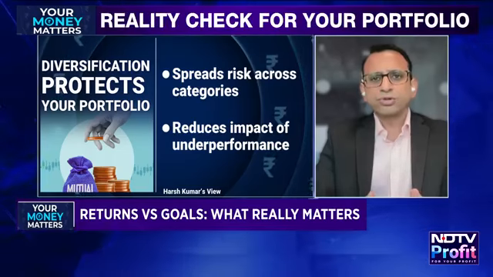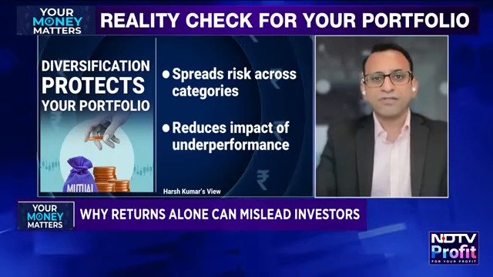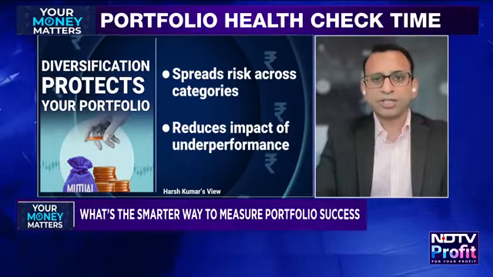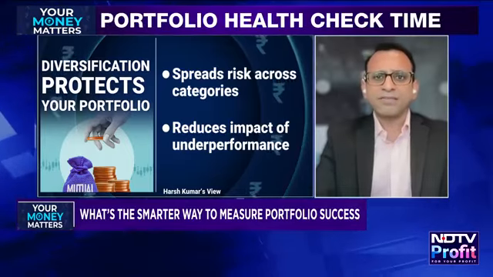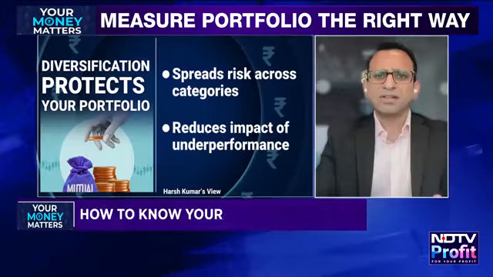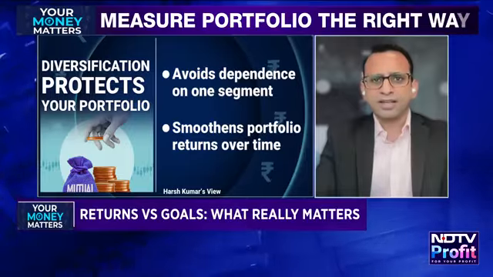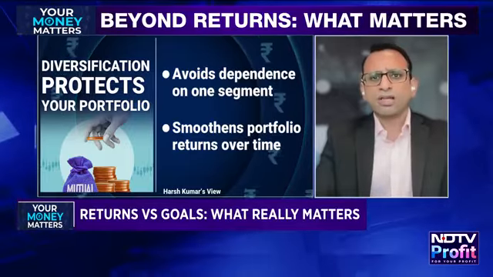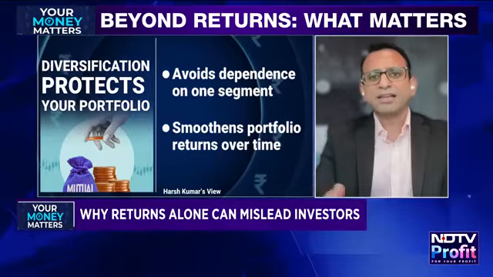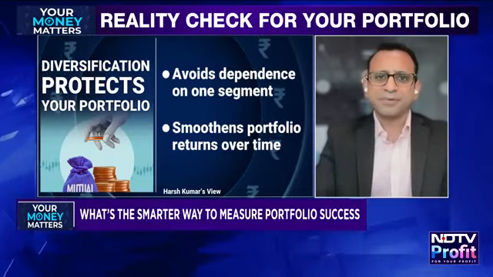So the ideal thing is you should have your eggs across baskets. And it doesn't mean having more number of funds, but go by your asset allocation. For example, last year in 2025, somebody who had a portfolio only in mid and small cap, based on the performance of the previous year, would have been disappointed. But somebody who had money in gold, silver, real estate through REITs or in offshore equity would have still beaten inflation in India versus somebody who was only in small cap and mid cap.